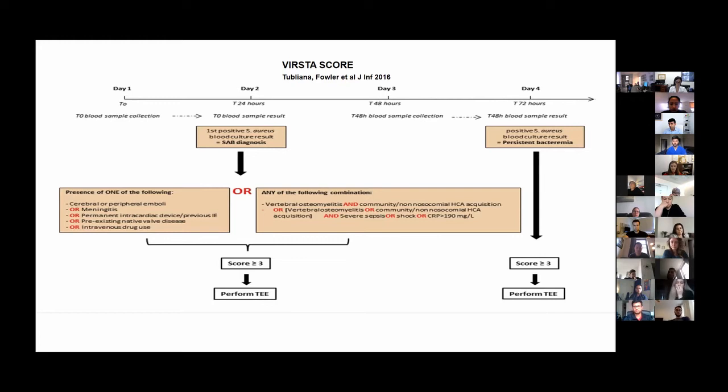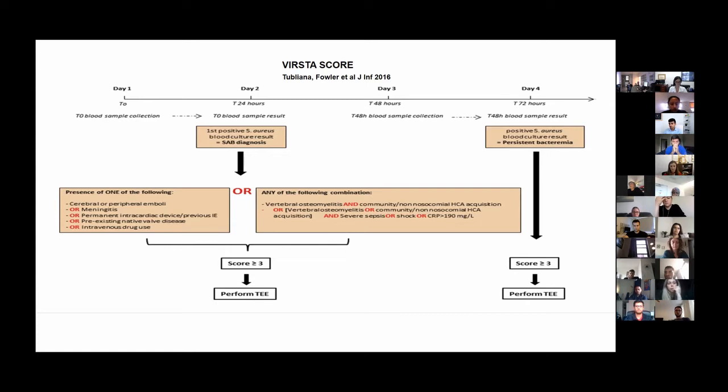And the criteria primarily are what we said. A prolonged or a persistent bacteremia with one of the following on the left: meningitis, some evidence of a complication, and the others which we mentioned, vertebral osteo,